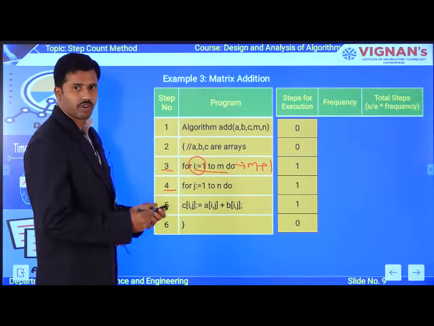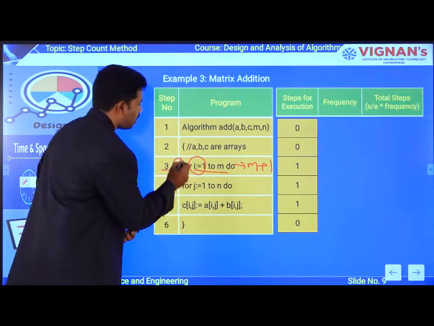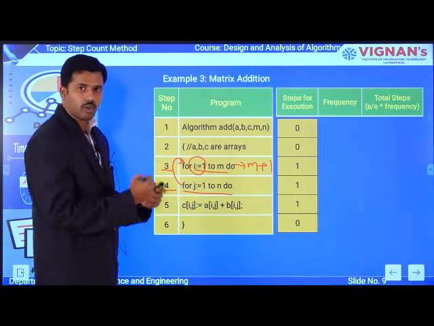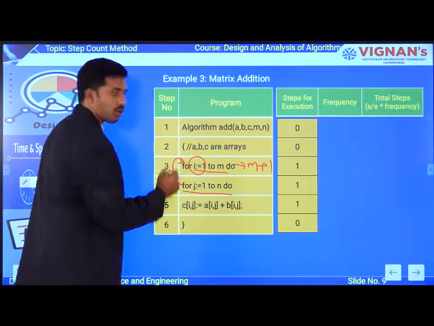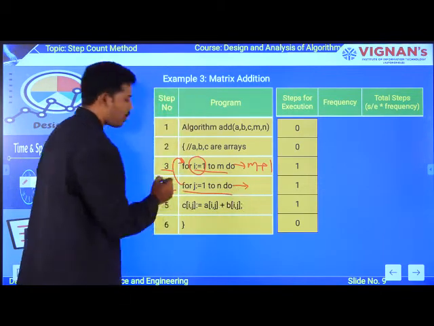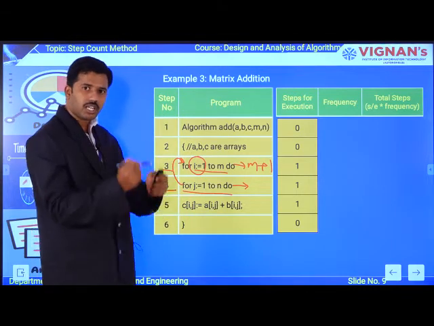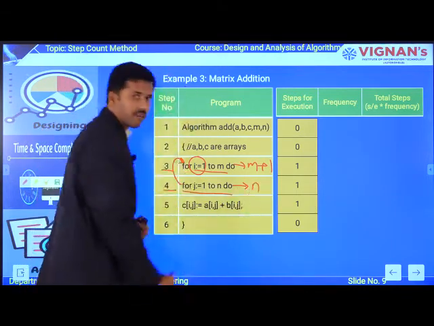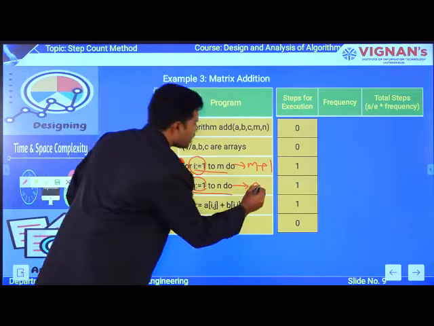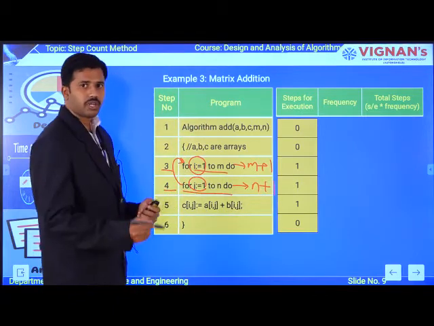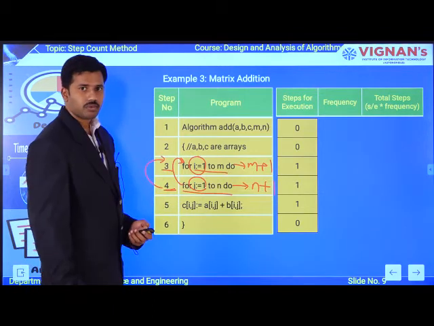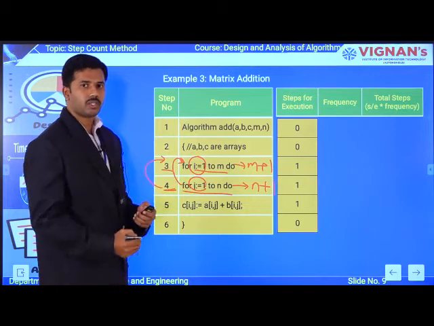Fourth instruction also you are having a for loop, right? But where is this for loop available? Inside this for loop. Okay. So the execution of this inner for loop will depend upon the outer for loop, which is available at step number 3. Okay. So the frequency for the step number 4 is how many number of times the inner for loop is executing? Ultimately n number of times. Along with that one, you are having one assignment operation together, which is n plus 1. But if you observe here, the execution of this inner for loop will depend upon the outer for loop or not. Okay. How many number of times is the outer for loop executing?